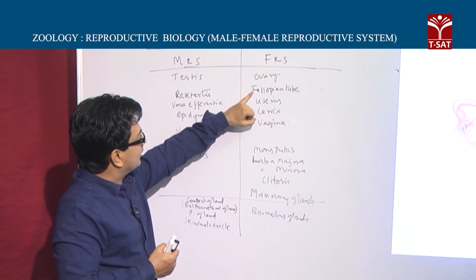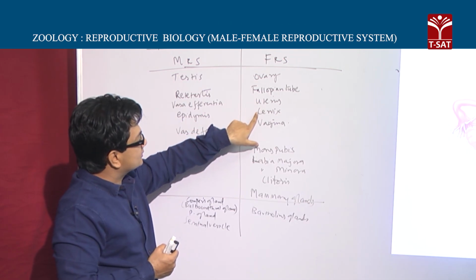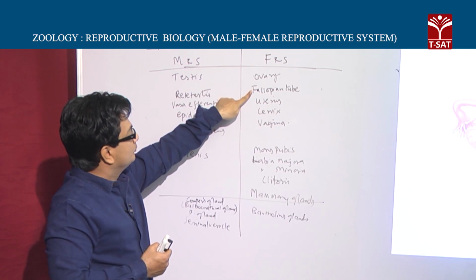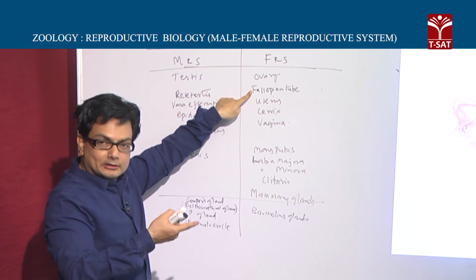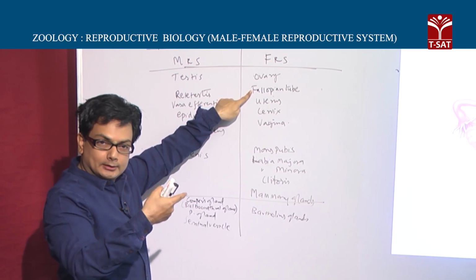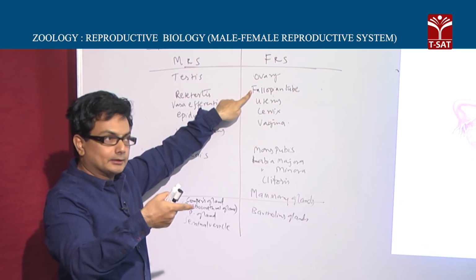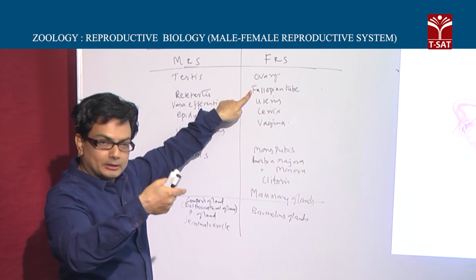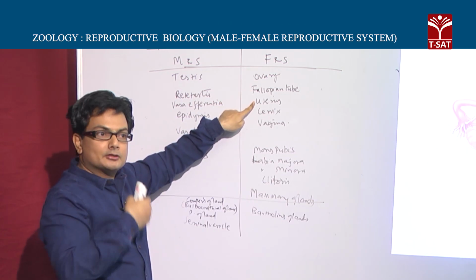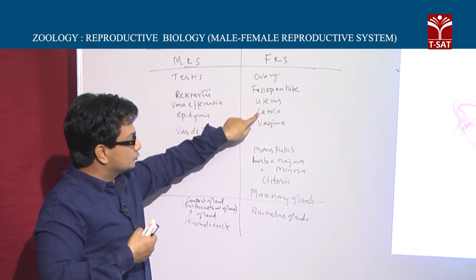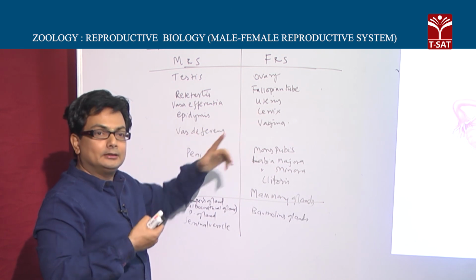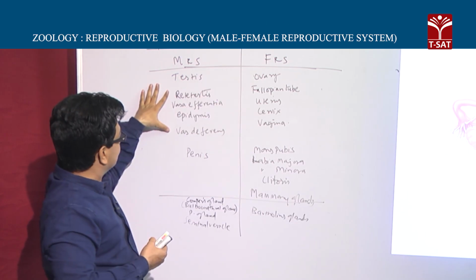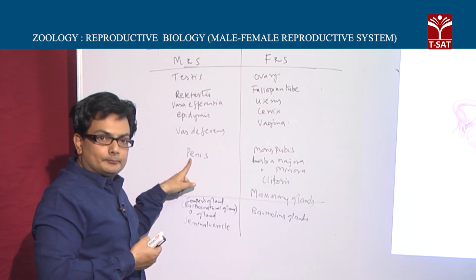And in the female, the fallopian tube, the uterus, cervix and the vagina, as you can see in the picture. The fallopian tube is receiving the secondary oocyte, fertilization, transportation of the zygote, then again the developmental stages, early embryonic stages, passing into the uterus, site of implantation, and again these two, the cervical canal together with the vagina, the birth canal. So this is accessory ducts, and this is external genitalia,